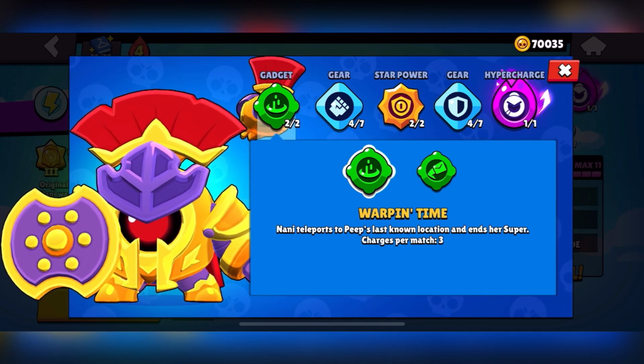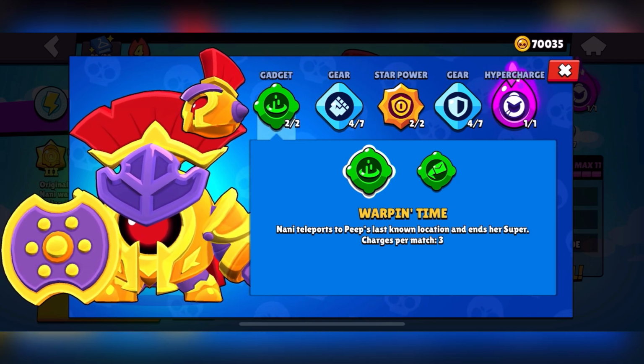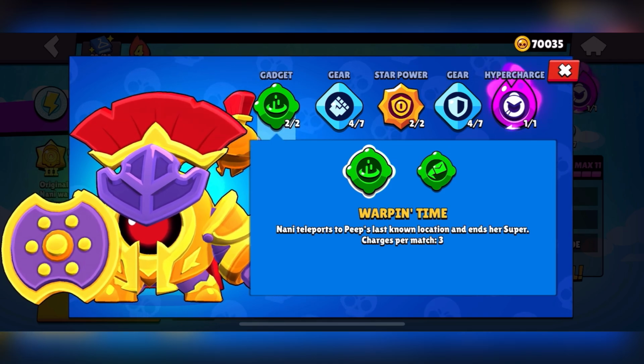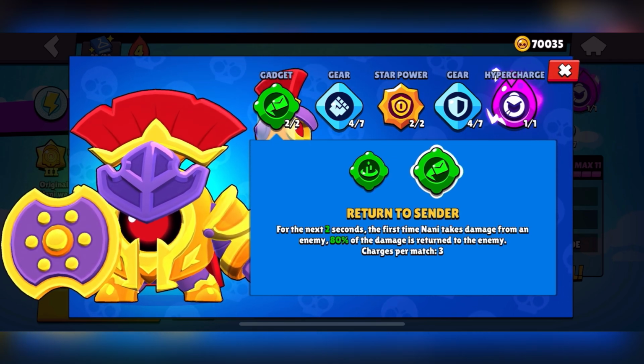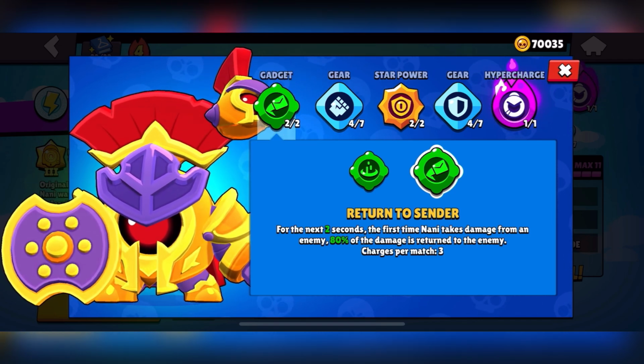Warp in Time, I would probably make it about every 25 seconds, just because Nani doesn't get super too often, but a bunch of TPs, especially in a game mode like Heist, could be very broken. And then Return to Sender should also be a pretty long time. I would like it to be as short as possible as a Nani main,